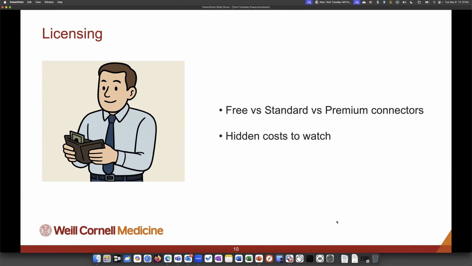Licensing, not too much to talk about here. Everybody is licensed for Power Automate here at WCM, so you should be able to get started today if you wish. There are premium connectors, and it's denoted by a little diamond in the platform. We'll see some of that in the demo here today. If you need a premium connector, we do have opportunities for that. You can reach out to me and we can have a conversation about it. But by and large, the standard connectors, all of the Microsoft stack, things like that, is out of the box